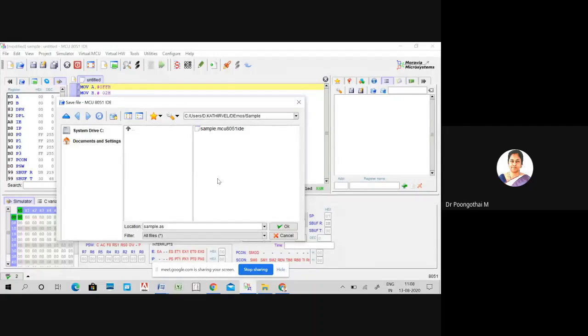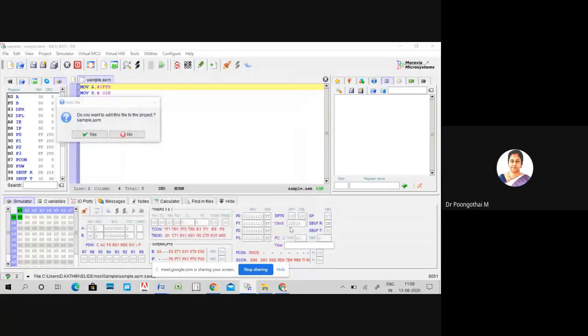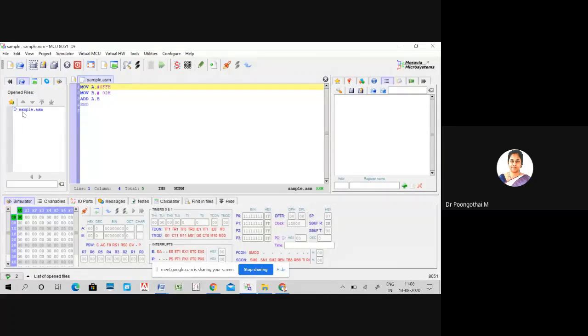The file extension is ASM, assembly language program. Click on OK. So now this file is attached to your folder, sample.asm. The path is demo/sample. So let's run the code.